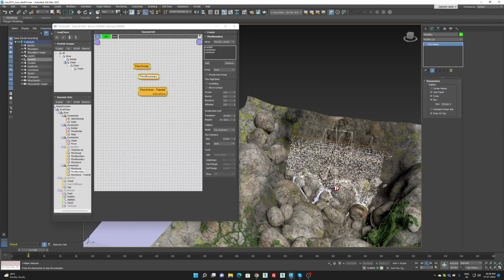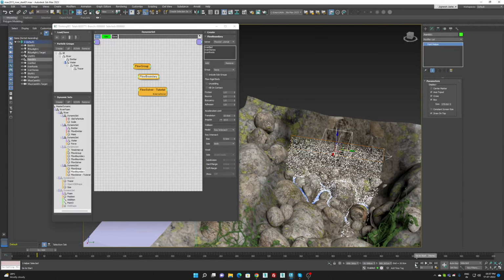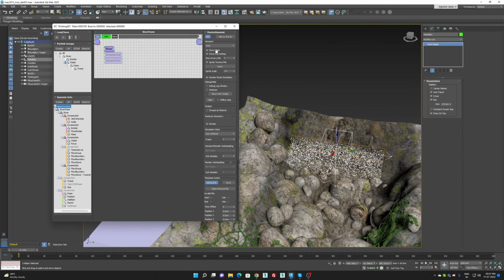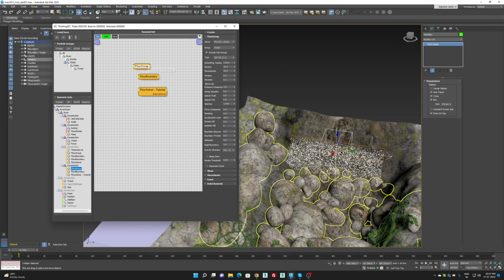So now particles are colliding, but there isn't much in the volume, so let's change that. One more important thing: when I'm using the flow group, I have edit on the fly turned off, so